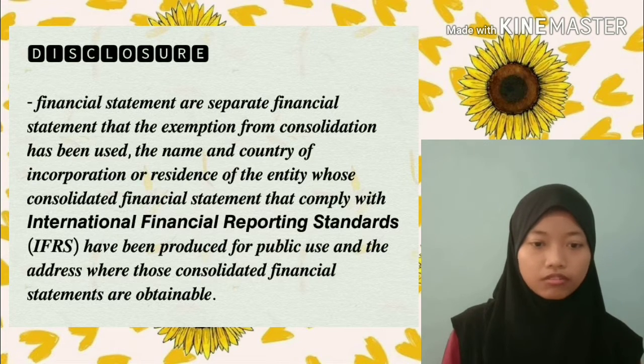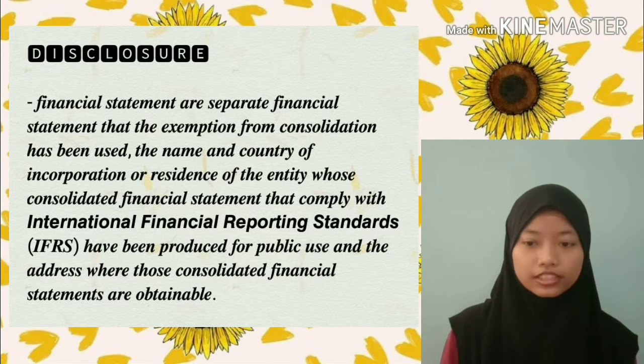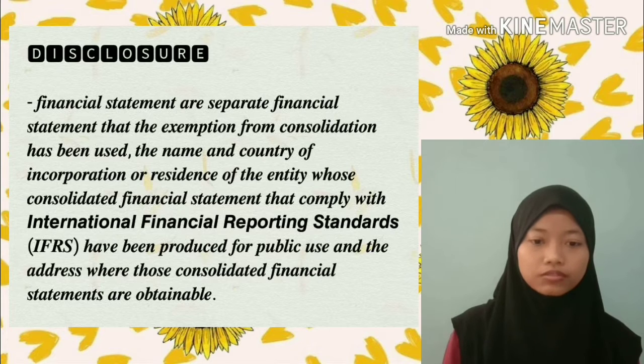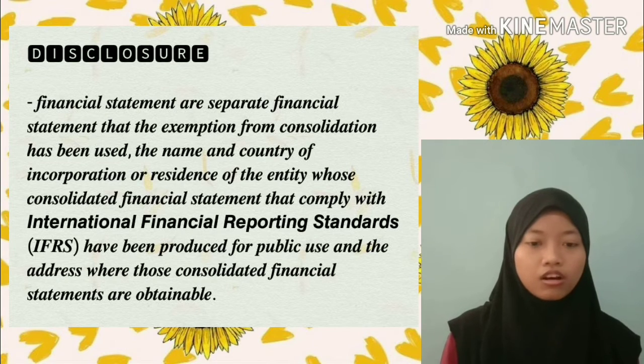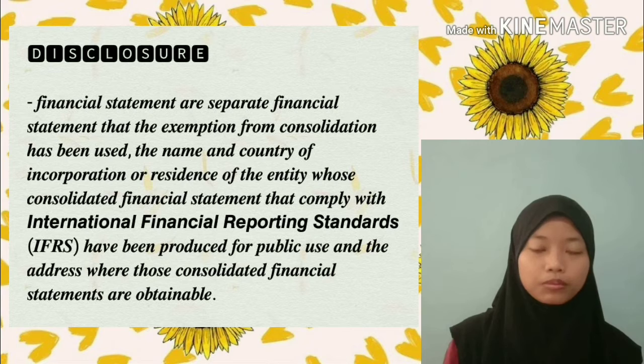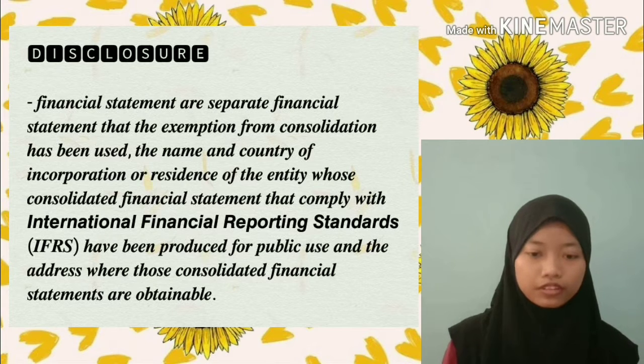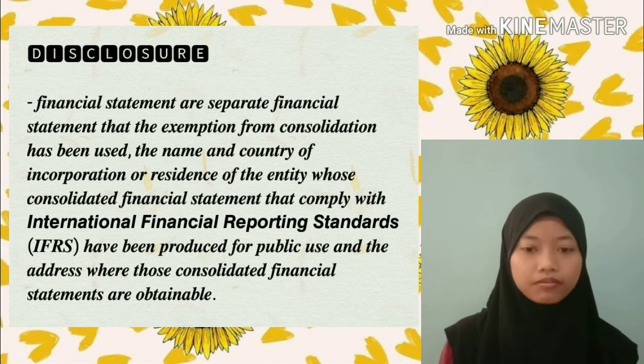A list of significant investments in subsidiaries, joint ventures, and associates, including the name of those investees, the principal place of business, and country of incorporation if different. Of those investees, its proportion of the ownership interest and its proportion of the voting rights if different, held in those investees. From the two companies that we chose, which are MHC Plantation and Negeri Sembilan Oil Palm Berhad, the